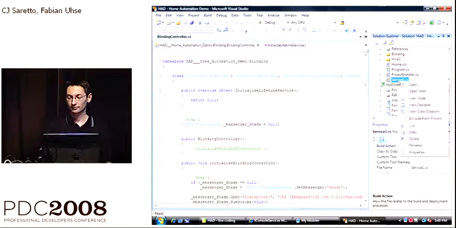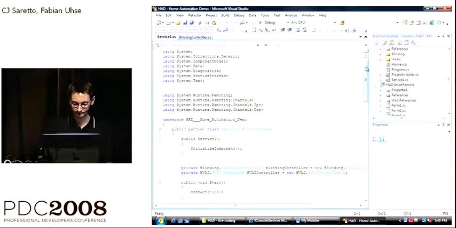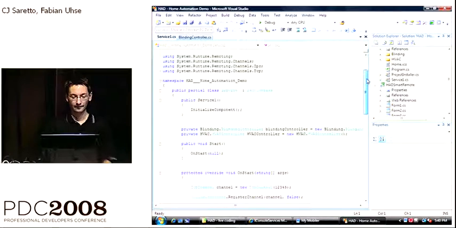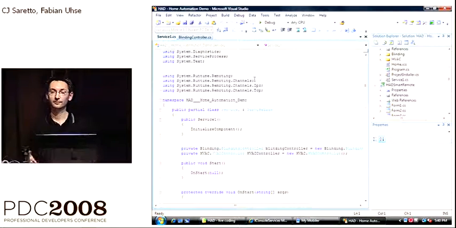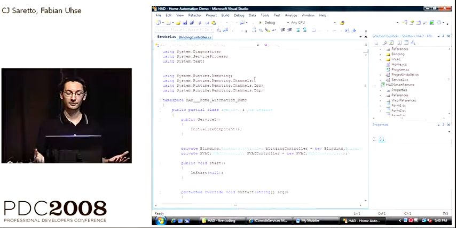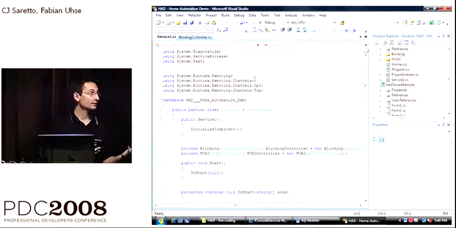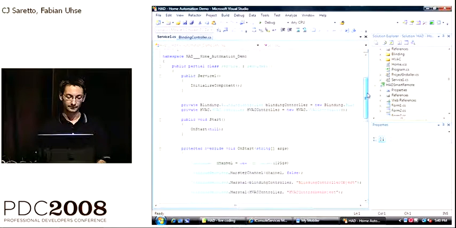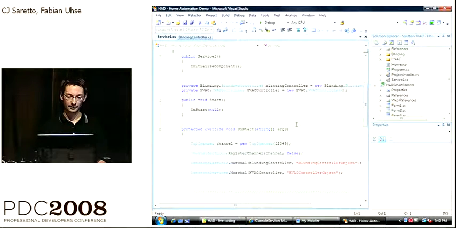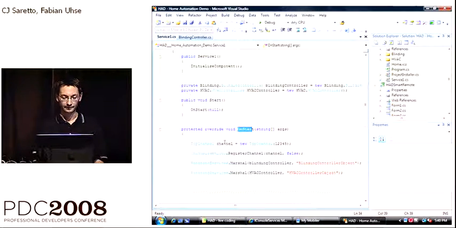So let's go and have a look into the service code. We have a couple of possibilities to use .NET remoting. For instance, you can use an HTTP channel to promote this object. You can have an IPC channel or a TCP channel. In our case, we used a TCP channel and initialized the service as it starts by creating a new channel.